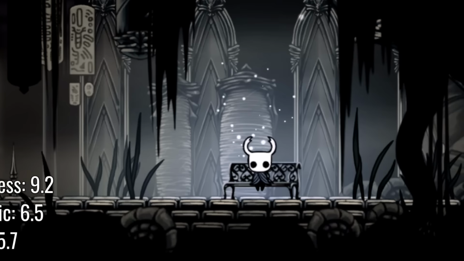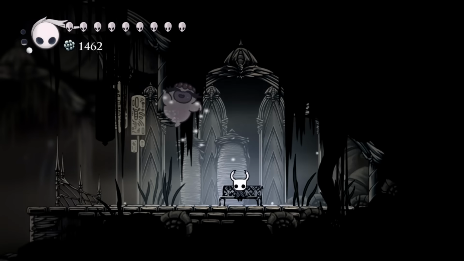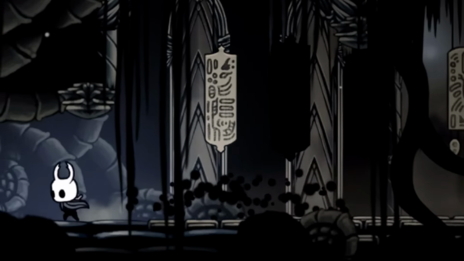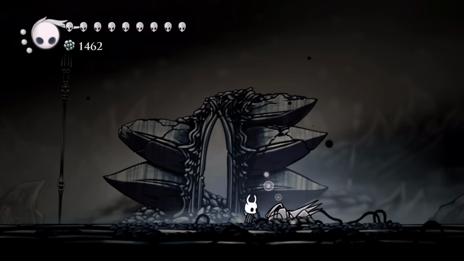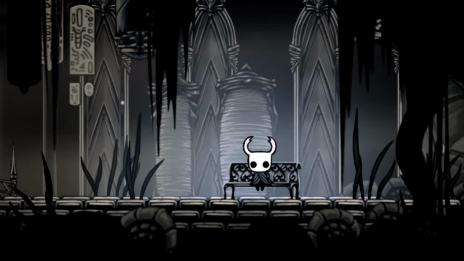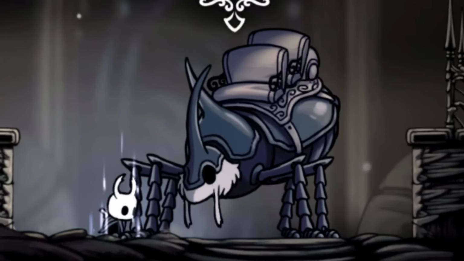Number 14. Hidden Station bench. A great addition to the Hidden Dreams DLC is the Hidden Station. How did I just notice that they both have hidden in their name? I'm so dumb. Oh my god. Anyway, this is right next to the White Palace and to the Abyss, 2 crucial places in the game. So the station was really desired. So to celebrate this great new stag station, we're gonna...